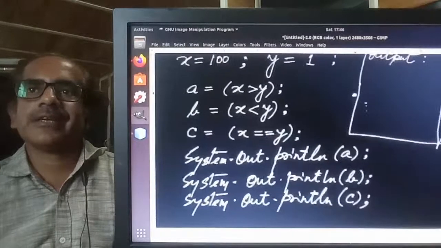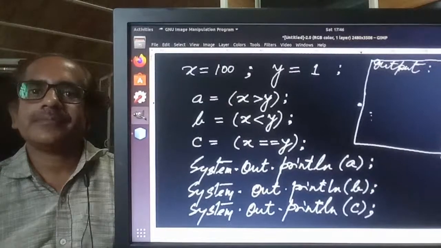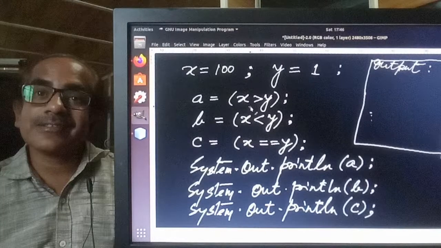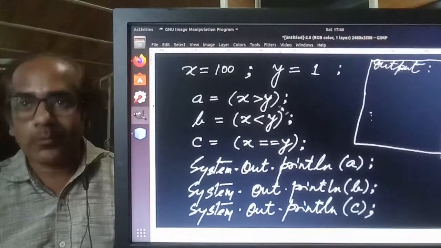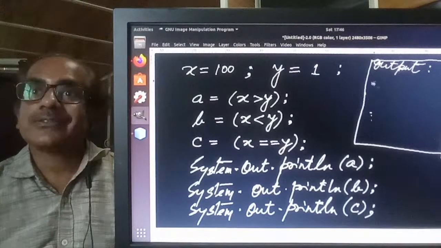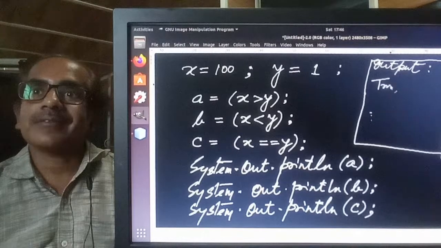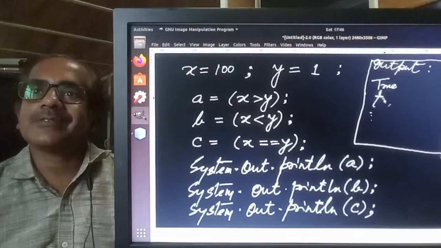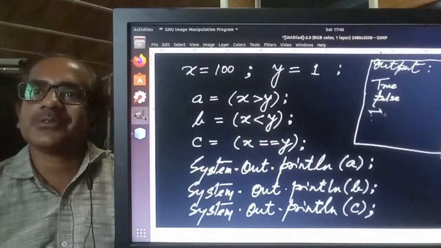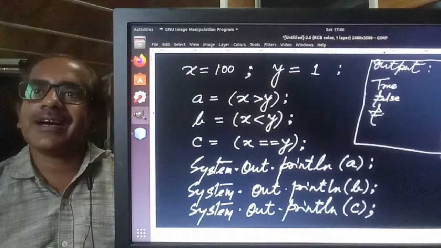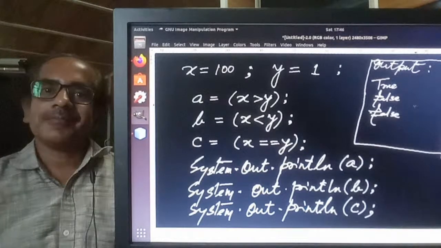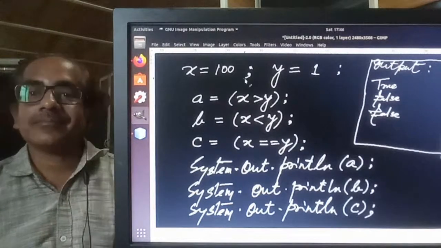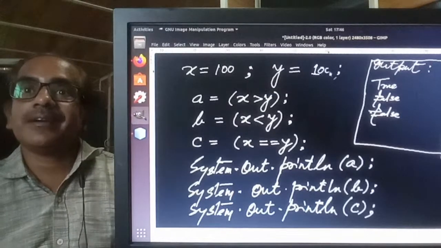x you are taking as 100 and y you are taking as 1. So the test is there. Is x greater than y? Of course, yes. So true will be printed. Is x less than y? Certainly the rest of the two will come false. One will be true, then the other two will certainly be false because only 3 comparisons are there. So this result will come. When you keep y as 100 also,